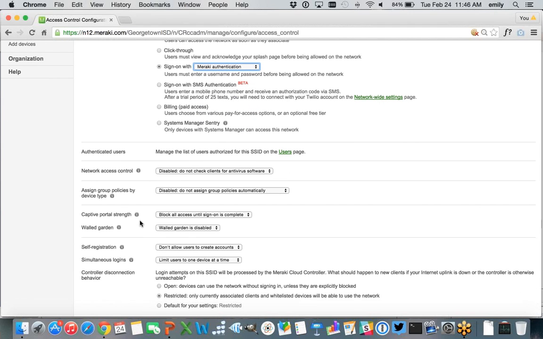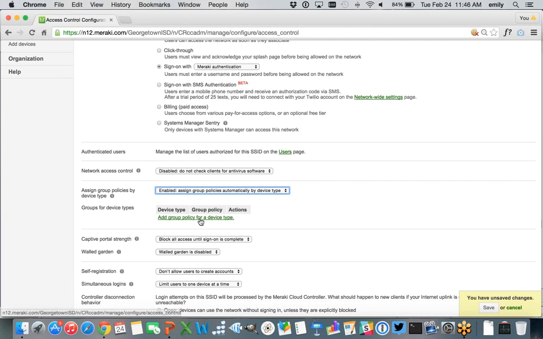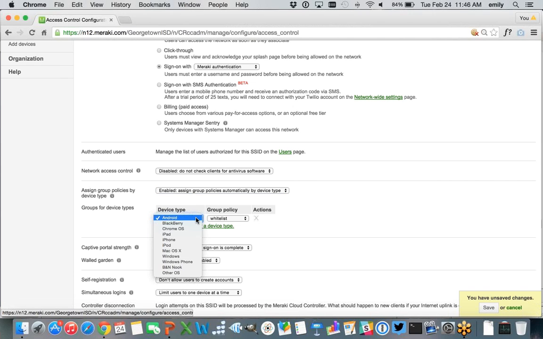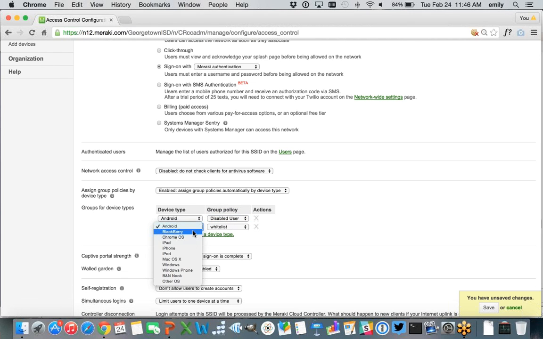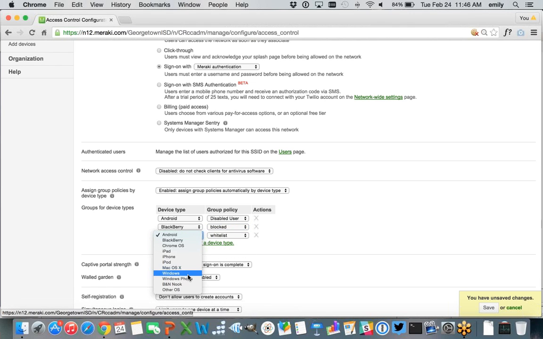And you can actually come in and do things like say, all right, well, for this particular wireless network, it's a BYOD type environment. I don't know what people are going to be bringing onto my network, but I know if it's an Android, I want to give it one policy. And if it's maybe we want to block BlackBerries because we're not expecting BlackBerries on our network, and I don't know, iPads will get some other kind of policy. So you can actually do things like that.